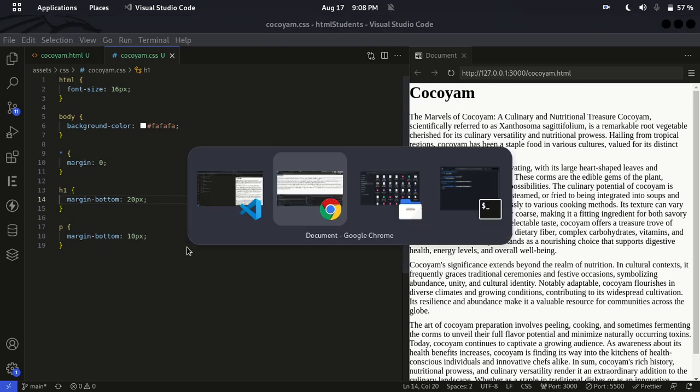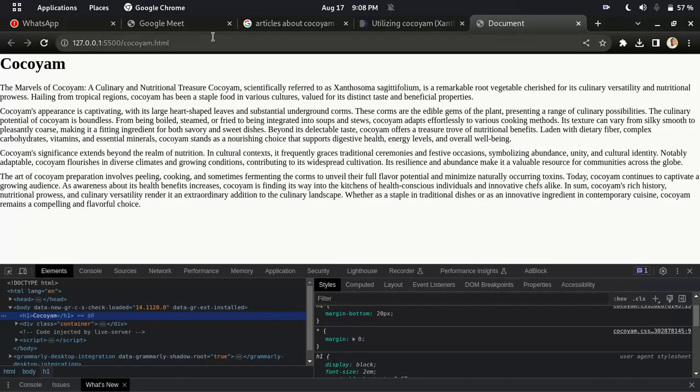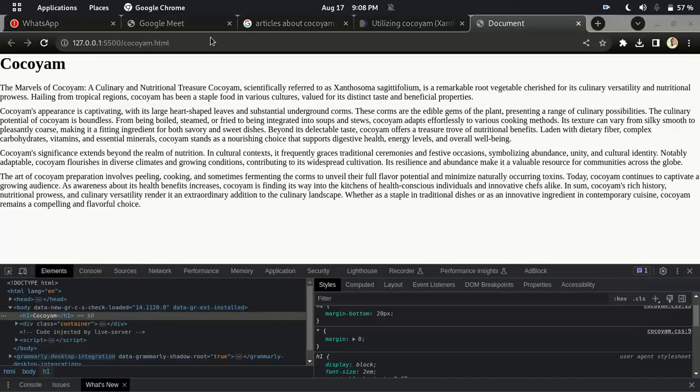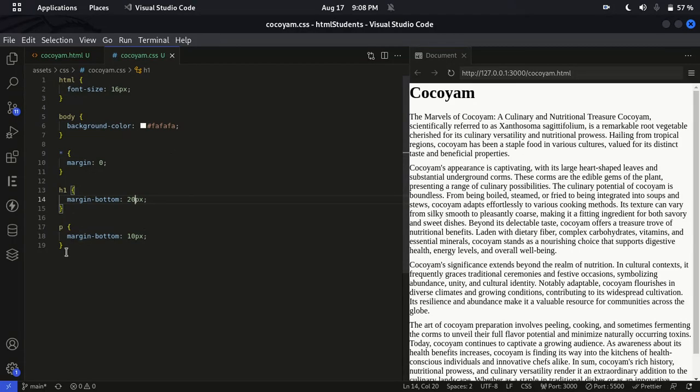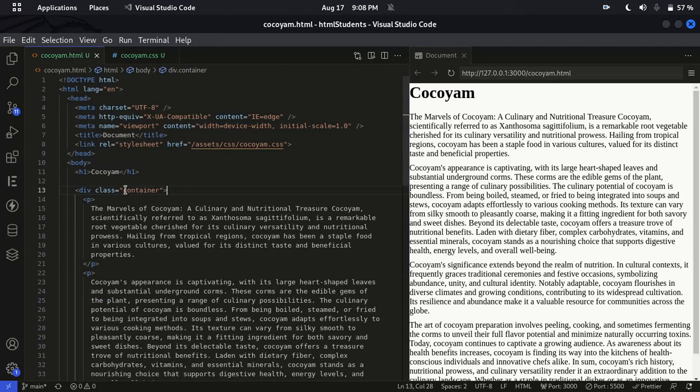Now if you look, we have this one. I think this one is updating itself automatically. Now let's go back here. If you look at this one,